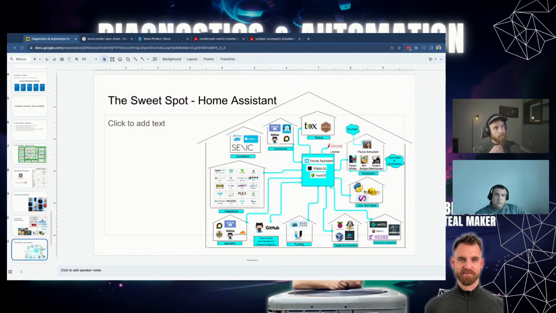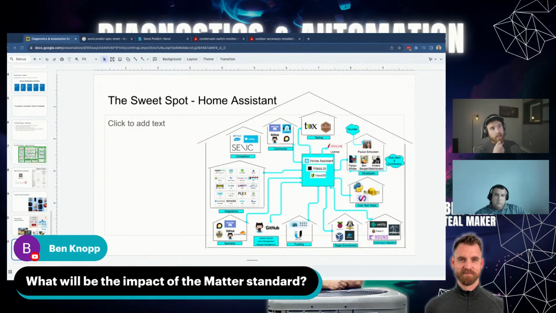There was a comment here about Matter and Thread. There's so much happening in the world of home automation, wireless connectivity, and microcontroller technology that I think if you were to create a project that was this type of modular building blocks platform for diagnostics and automation that is open, where people can contribute their time and build upon all these open source frameworks that are already available,